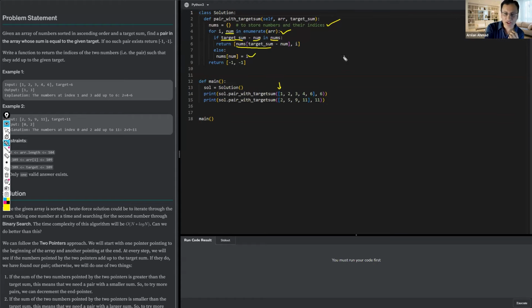Again, this algorithm would be order of n because of this for loop. And because of this hash table, it would need order of n space too, because we are pushing each number in the hash table. So it's not more efficient than the two-pointers approach, but